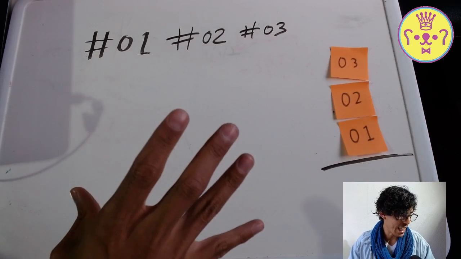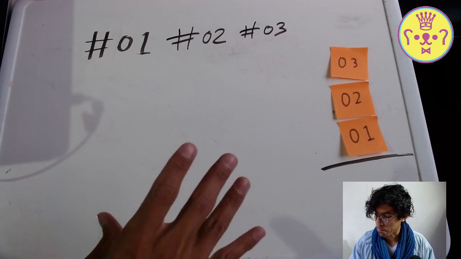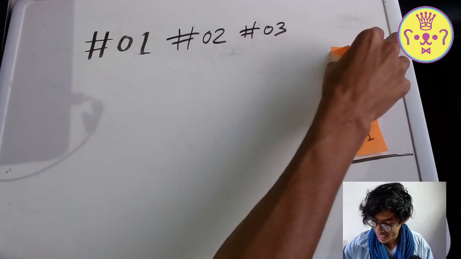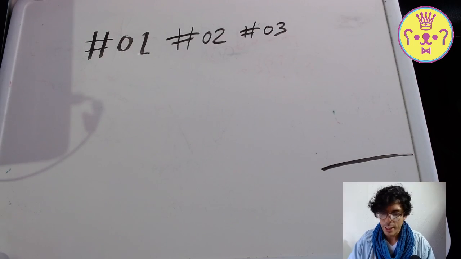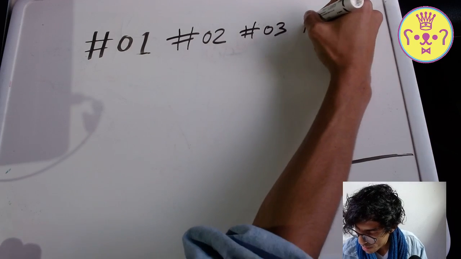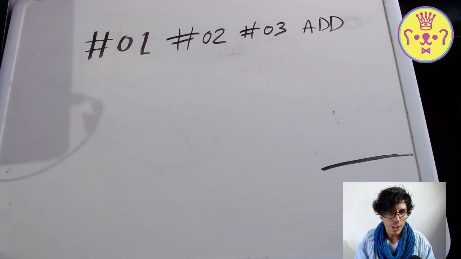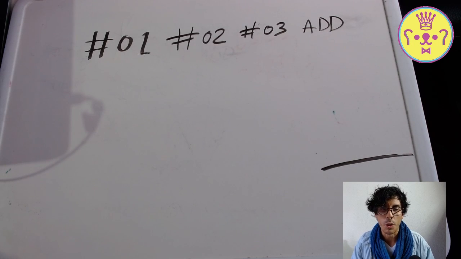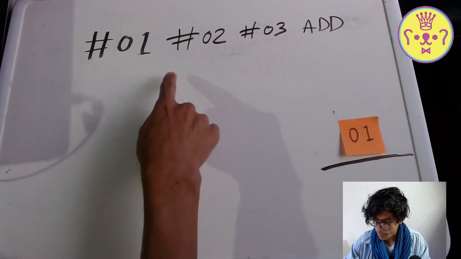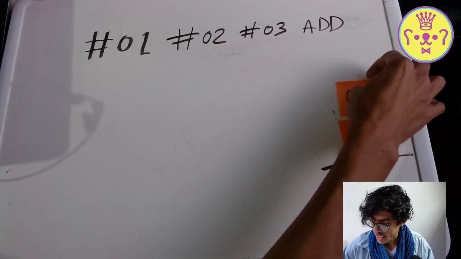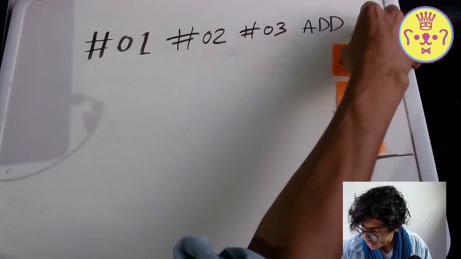Now that we have this concept or this behavior, let's spice it up a little bit. Let's have another instruction introduced now. Add. As we can infer from its name, add means that it's going to perform the operation of addition with 2 numbers. So now let's run this program. 0 1. I'm going to push this into the stack. I'm going to push number 2 into the stack, and I'm going to push number 3 into the stack, and then the add